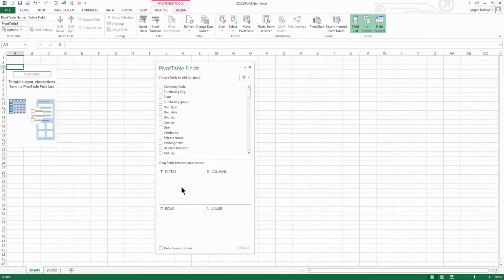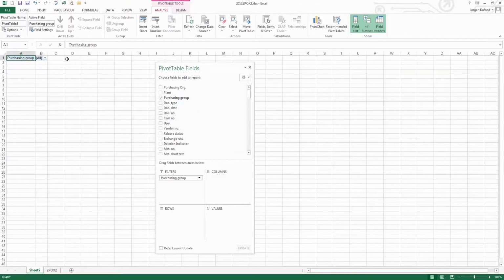The first field area is called the filters, and we can, for example, drag and drop the purchasing group to the filters, and that will allow us to pick the purchasing groups that we wish to analyze in our pivot table. So for this training we will use HTC as an example, and HTC, Health and Technology Center, is the 109, 105 and 113 purchasing groups. We will then click OK,